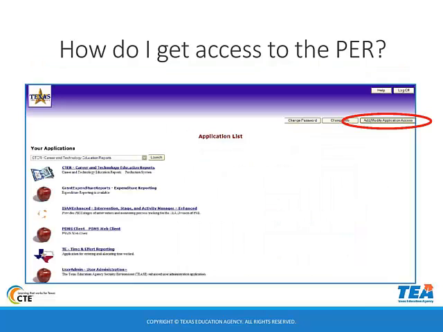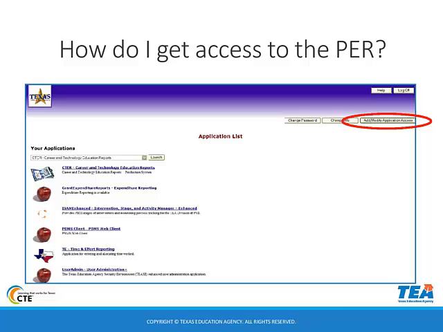Okay, so there's another step you're going to have to go through, though, because once you do get the access through TEAS, then you're going to have to get into TEAS, and you're going to have to add and modify your application access. And in the upper right-hand corner of the application list page, you will find where you can add and modify your